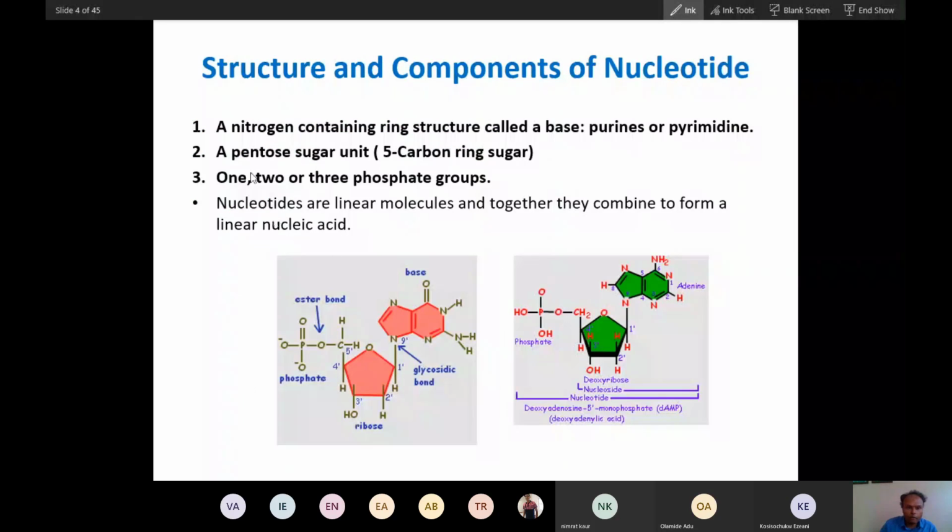Now let's see this. I have already told you, this is a glycosidic bond, but you can see it is N-glycosidic, because with the carbohydrate the base is attached through nitrogen. With purine, nitrogen number 9 is attached. With pyrimidine, number 1 is attached. This is shown only for purine. This is adenine, and you can see guanine here and here.